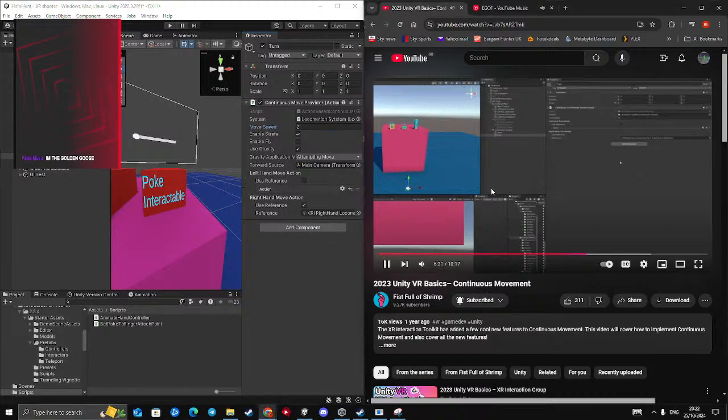One word of caution when using the continuous move provider, it has been known to cause motion sickness. So the snap turn provider